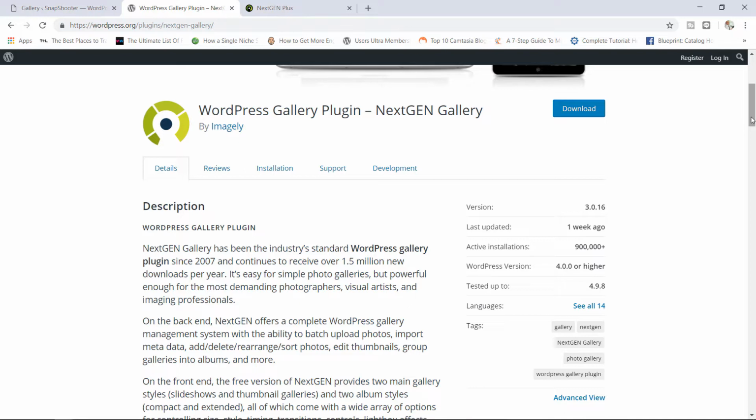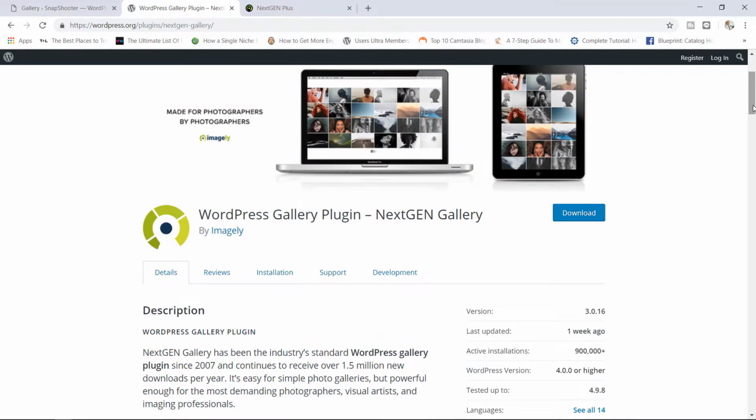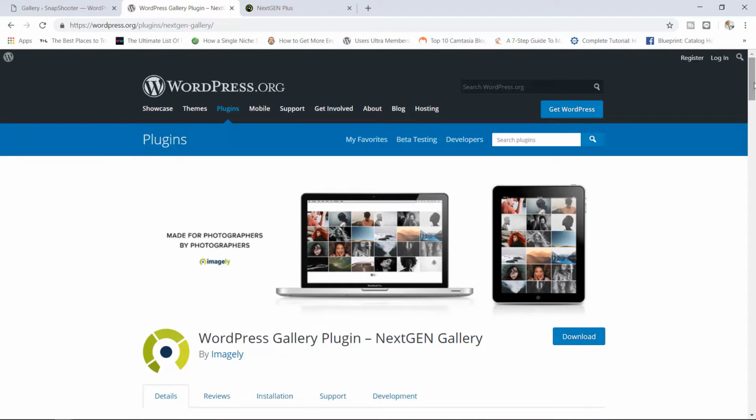So what we're going to do for the next few videos is work with the free version of the plugin. We will build out our portfolio, our gallery. And then later on in this particular project, I will show you what you can do with the premium versions of this plugin. But for now, please go ahead, download, install, and activate the NextGen Gallery plugin